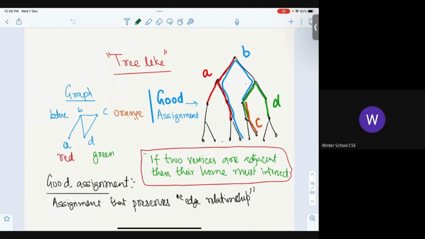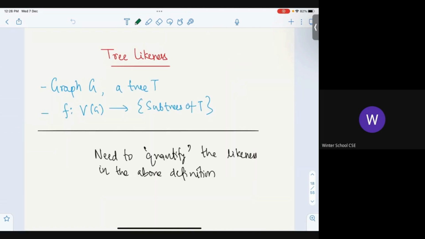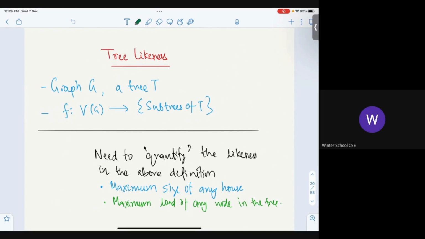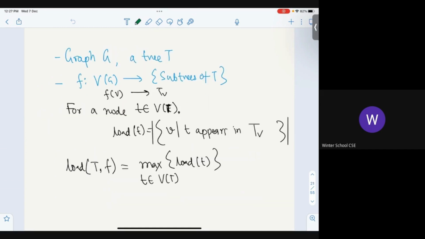Human nature. Okay. So I want the maximum load of any node in the tree. And I'll define what I mean by the load of a node in a minute. So there could be several definitions. All the definitions can lead to different notions. I'm not trying to talk about those notions. I'm going to talk about one particular notion that we will define in a minute. Okay. So this is what the load will be.